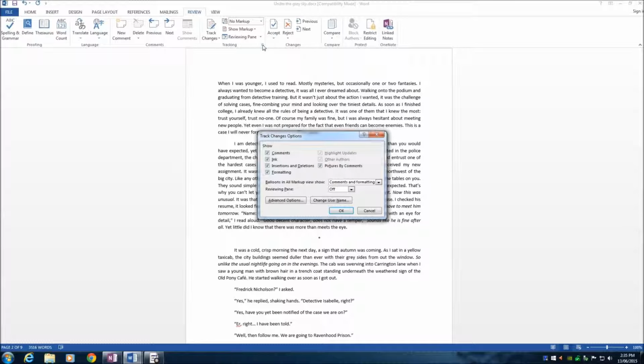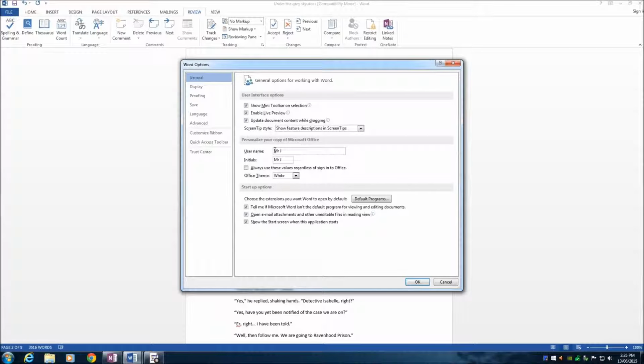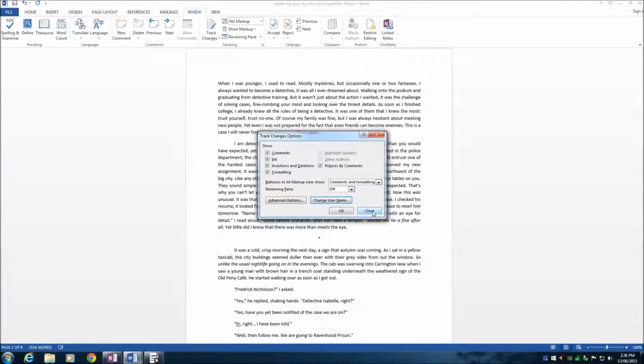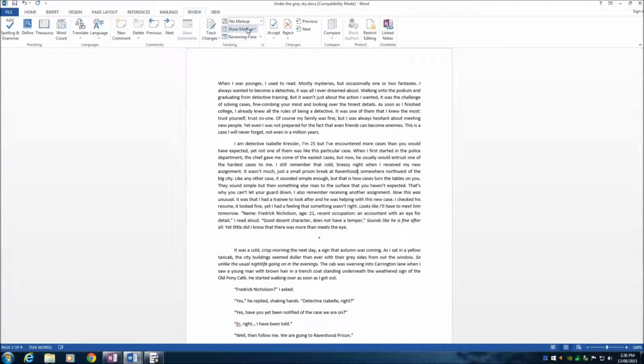I can actually click down here, specifically in the review panel, click on this little arrow down here. It's going to bring up this option to change the user's name. Now mine currently says Mr. J, initials of Mr. J, and that's fine. But I can change that to say just about anything. Why is that a good thing? Well, it means,